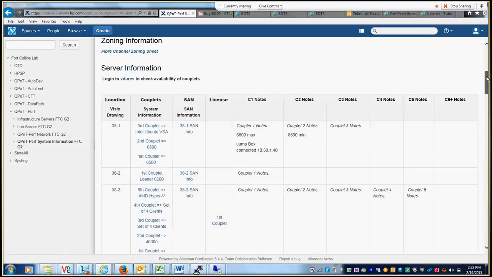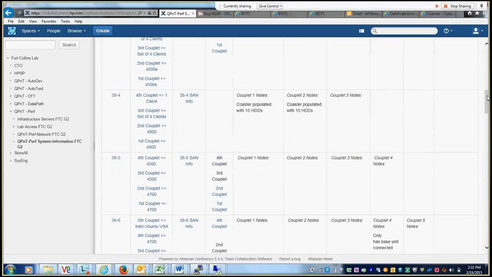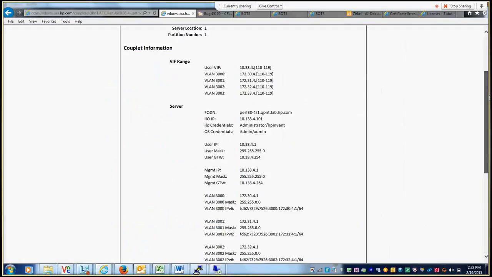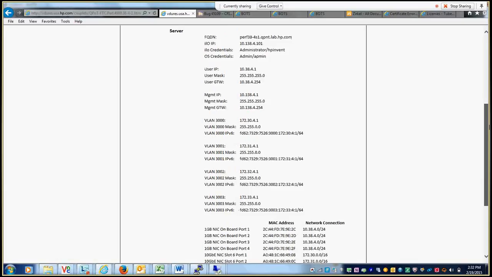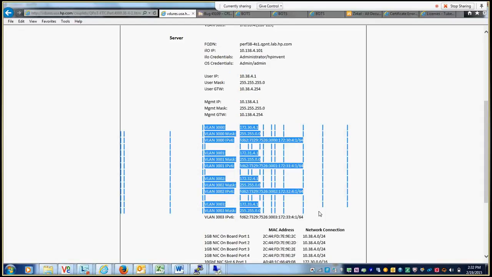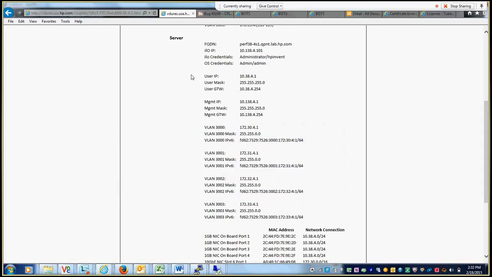As you can see, we have documented everything: if you want to QR your machine, all the IPs are documented. ILO IPs, all the different VLAN 10 gig IPs as well as 1 gig IPs, the gateway,